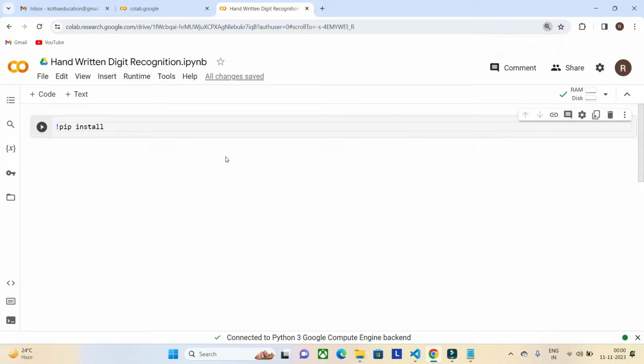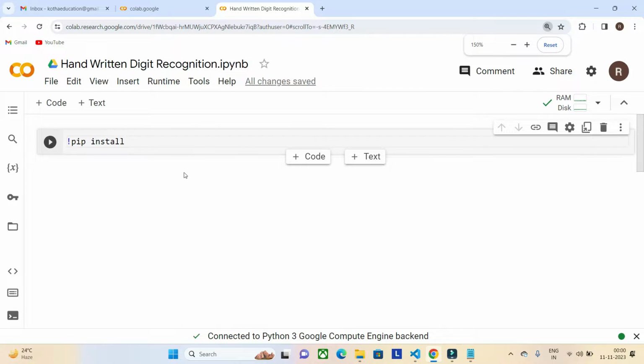Okay, pip install Python library names, NumPy, Pandas, and here we need TensorFlow as well, right? TensorFlow for the MNIST data. So why we are going with TensorFlow is, TensorFlow is having the models. That is the first thing. And second thing is the handwritten digit recognition data set, that MNIST data set is also there in TensorFlow. So that is the reason we are going with TensorFlow here.